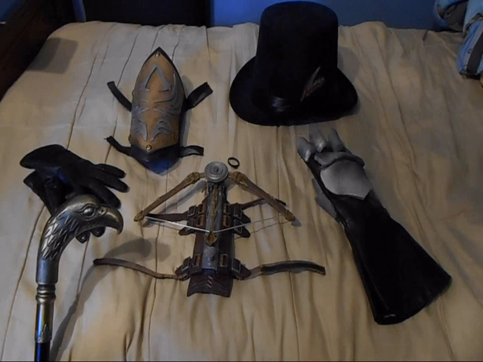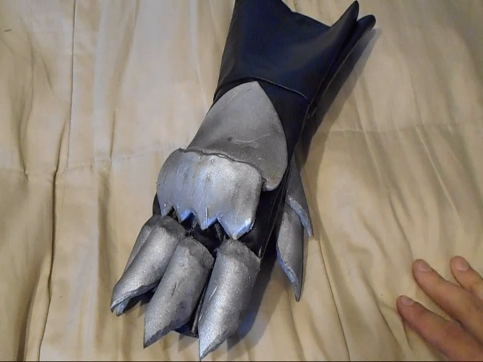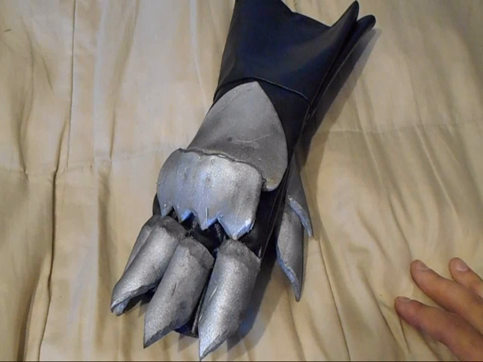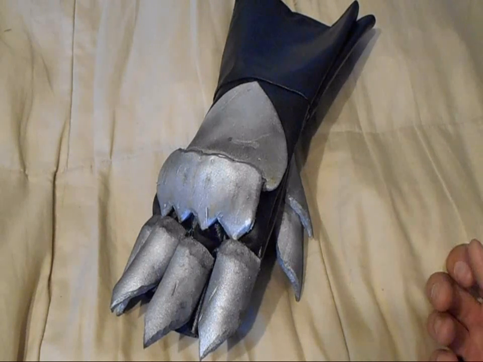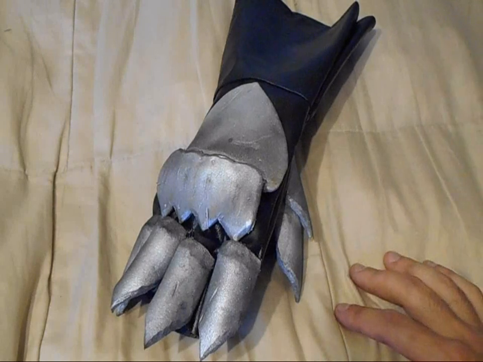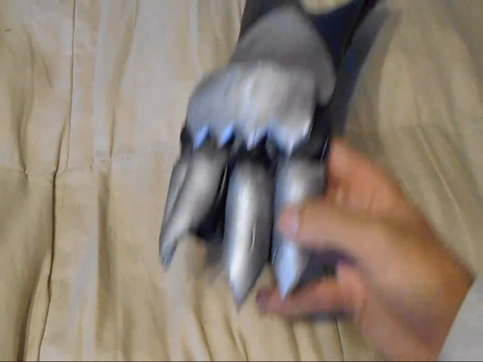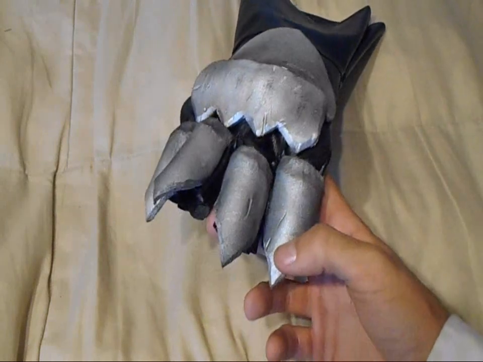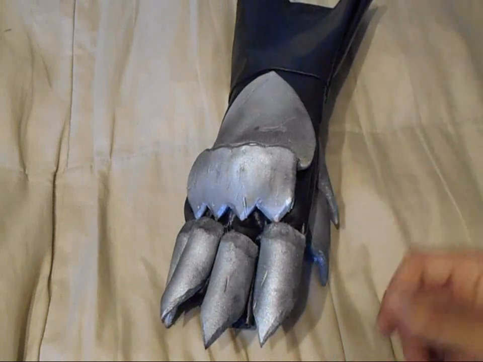So let's get started. First off, I want to go into a little cool thing I came up with yesterday. I was working on this. The inspiration for this came from a mix between the new Assassin's Creed Syndicate game and Assassin's Creed 2 and Brotherhood. This was inspired by Ezio's metal cuirass in Assassin's Creed 2 and Brotherhood, but with a little twist of the